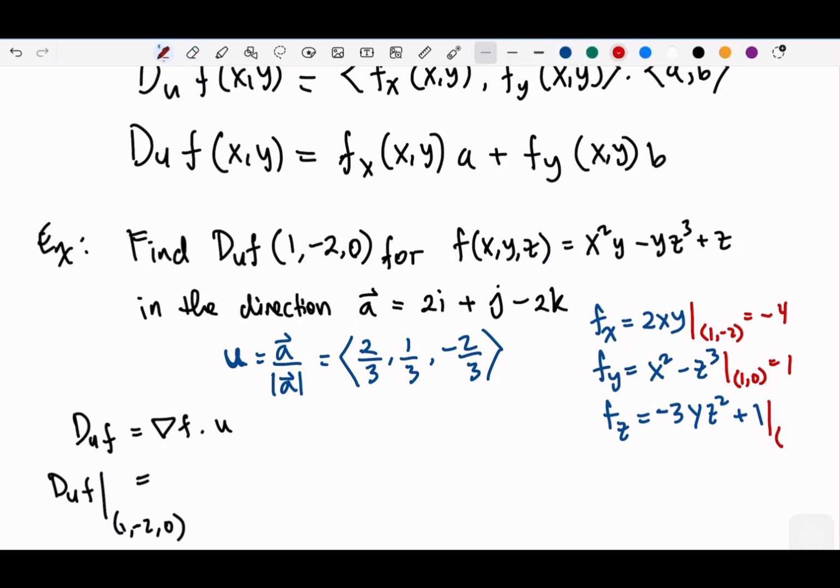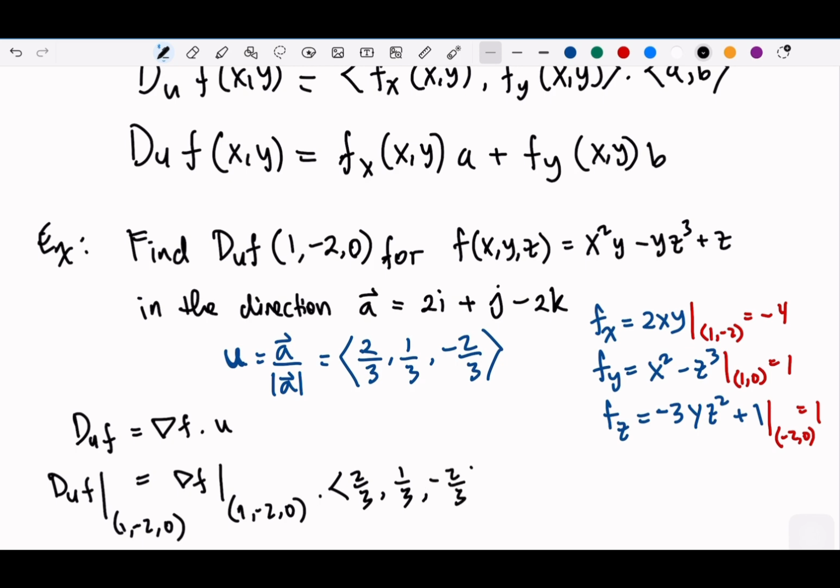Put in negative 2 and 0. And this will be just 1. Right? So dot with these unit vectors, and we get